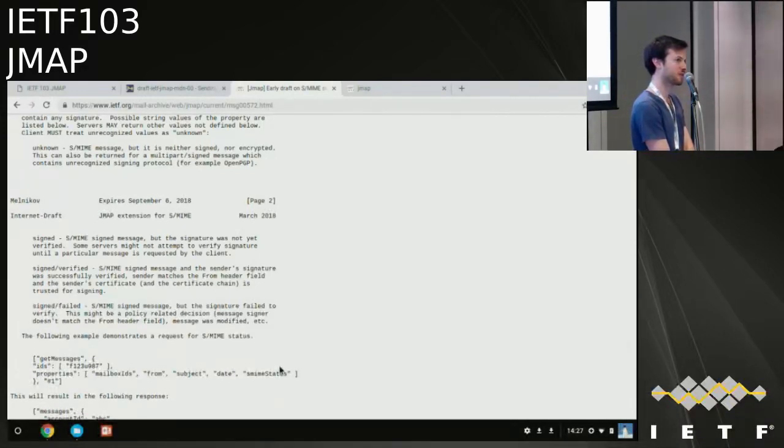So actually, if you see unsigned, which is actually not a state here, that might be a problem, or if it fails to verify, that again is a problem. The bottom line is I think you have to treat any failure to verify a signature as though the message were unsigned. If you do anything else, you start going down bad paths. But it's also true that, yes, you might have a policy that everything must be signed, and anything else is, don't even show it, or tell them this is, but yeah.